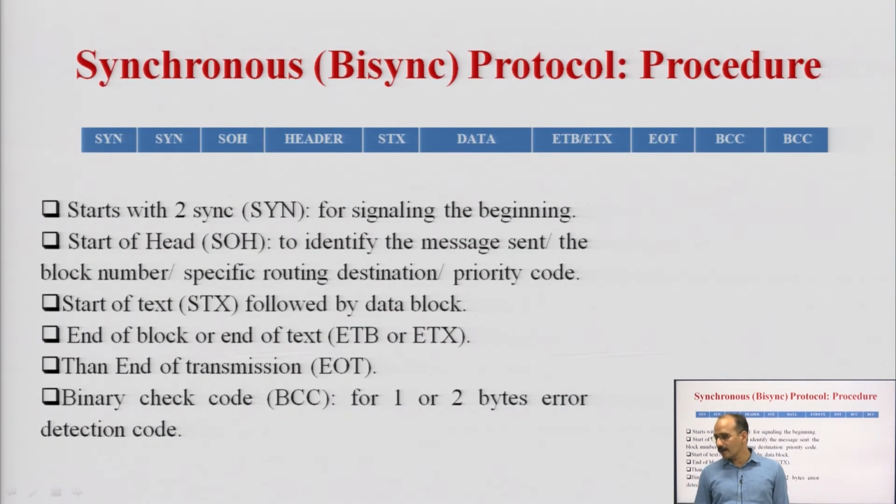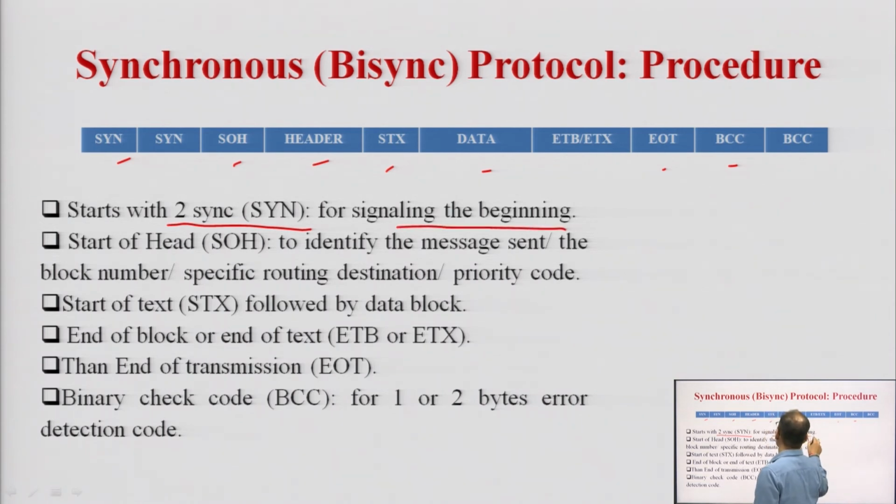So, in the Bisync protocol, this is the structure. We have sync, start of header, header, data, end of text, BCC, that is binary check code. So, you can understand here that it starts with the two sync characters for signaling the beginning. Actually in this part there is no type of acknowledgement; they work directly on the clock, and in this you can see that there is a frame, and that frame starts with the two sync blocks,